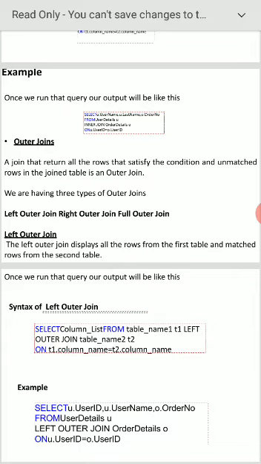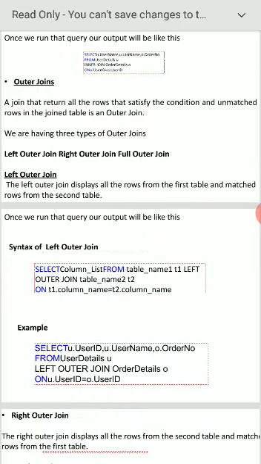How can we write it? Select column list from table name one, T1, left outer join, that is very important, left outer join table name two, T2, on T1.column name is equal to T2.column name.